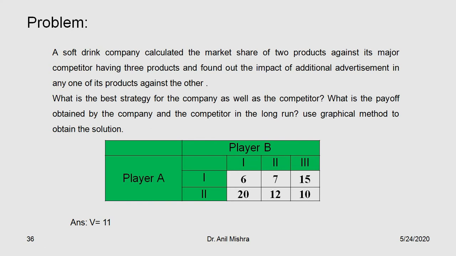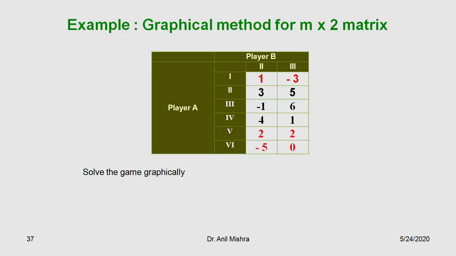So after knowing how to solve the problem graphically for your 2 by n matrix, now the m by 2 matrix, right? We start with the m by 2 matrix. Here there are m number of rows but only 2 columns. We try to solve the game with the help of the saddle point. There is no saddle point in this particular problem. Again we can apply the principle of dominance. After the principle of dominance we find a 3 by 2 matrix, so we can reduce it further. So straight away we can solve it with any other method except graphical.